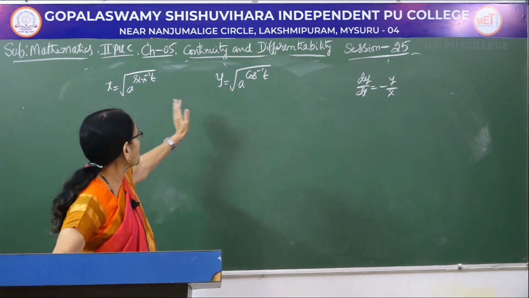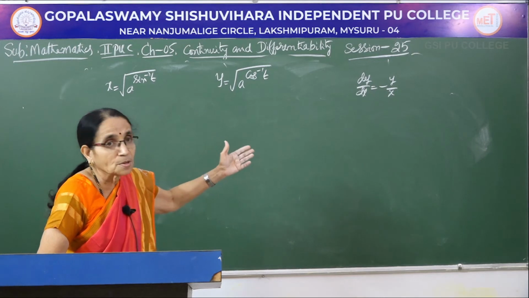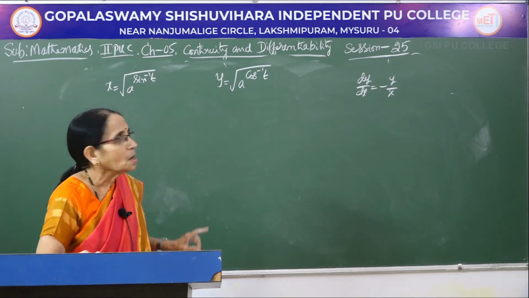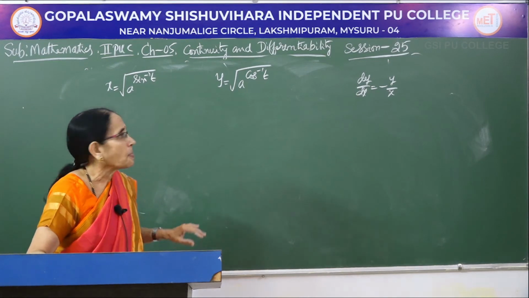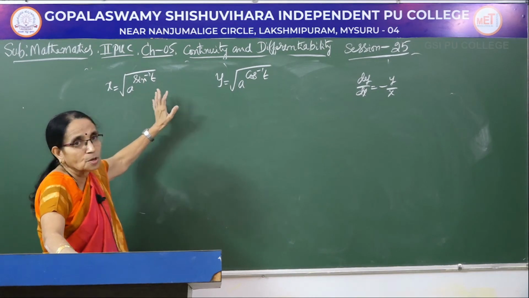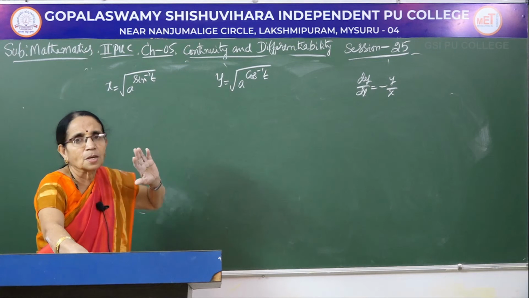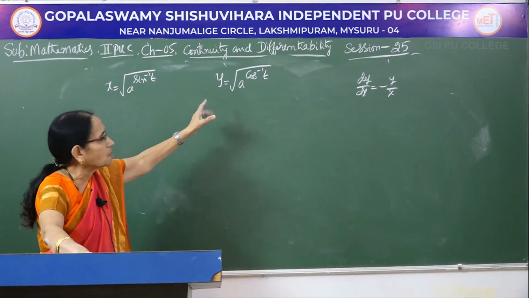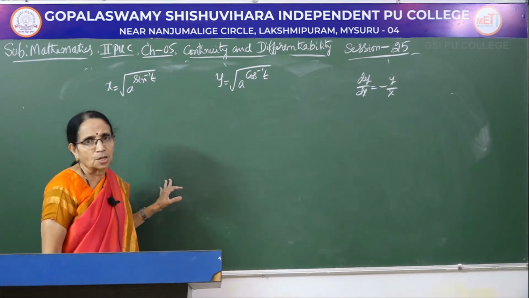That means that the original parts of the function, x and y, somehow after differentiation you have to use. Now, you observe here, both of them are composite functions. Square root is one function, a to the power sin inverse t is one function, and the index sin inverse t is the third one. So, it is a combination of three functions. Same thing in the case of y also. Now, you can directly differentiate.